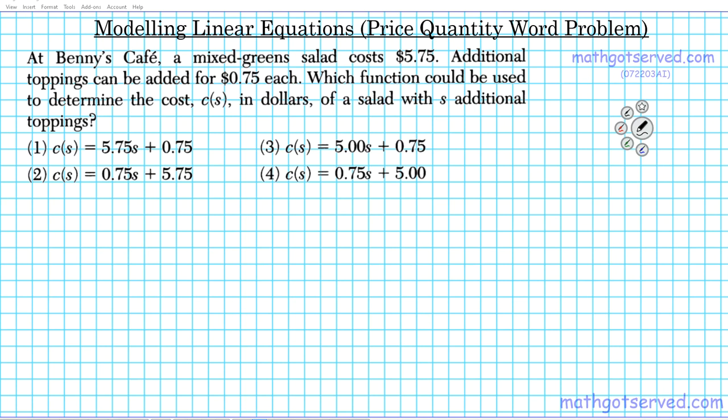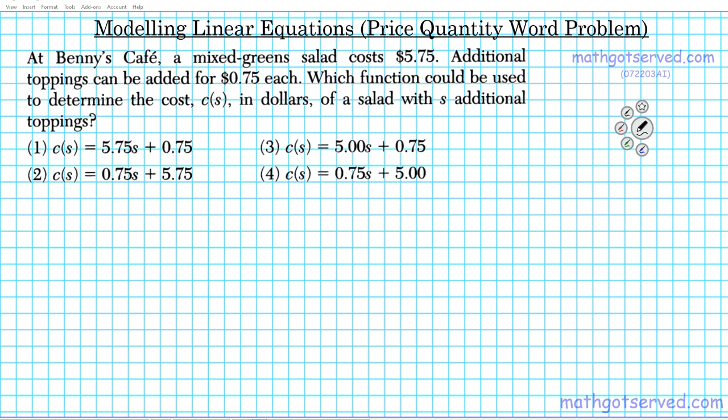All right. So it reads, at Benny's Cafe, a mixed green salad costs $5.75. Additional toppings can be added for 75 cents each. Which function could be used to determine the cost, C of S in dollars, of a salad with S additional toppings? Alright, so in this particular cost function that we're going to be creating, we have a base price and